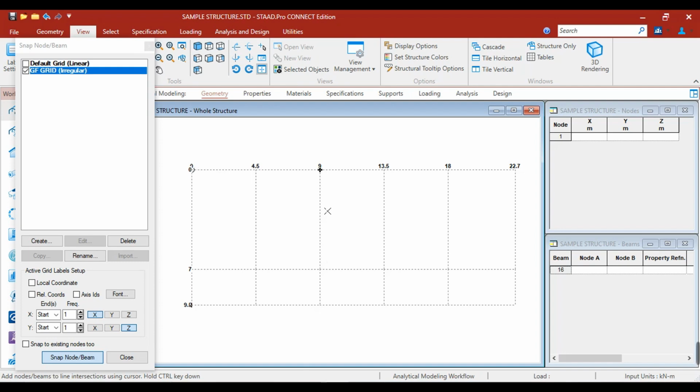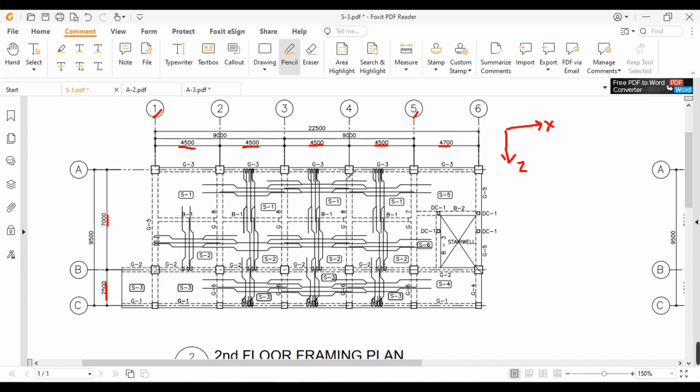If we are creating or modeling in STAAD, it is standard practice to model toward the positive X and the positive Z. For example, we're going to create a beam along X. This is the positive X, so when we're creating a beam, it goes along positive X. For example, from here to grid line 2, to grid line 3, to grid line 4, to grid line 5, and to grid line 6.